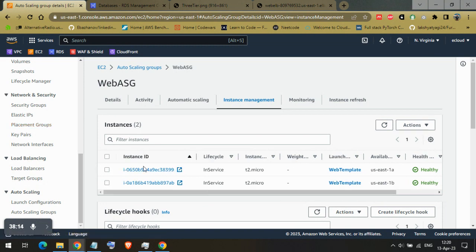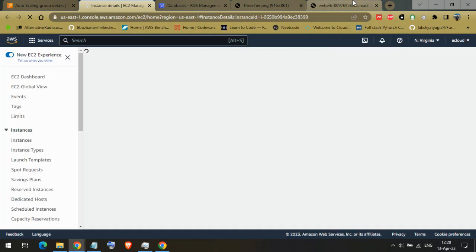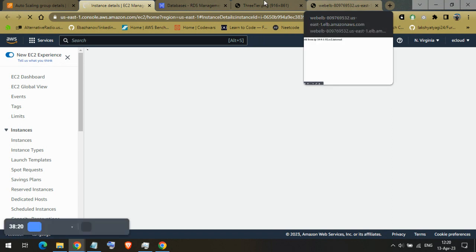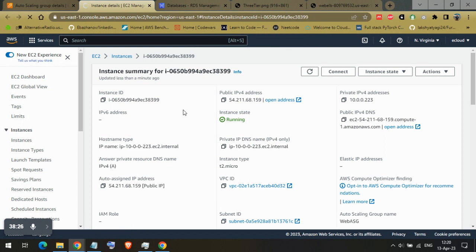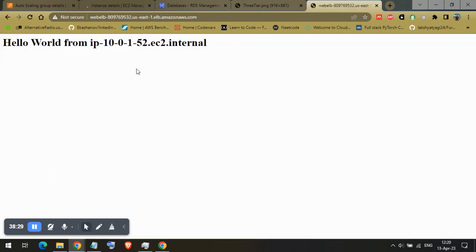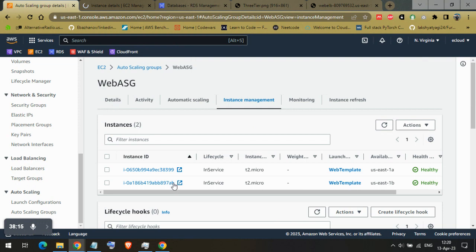Maybe let me just, if you click on this instance, you can see that this is the 223 instance. This one, 10.0.0.223. This is the instance. And then also if you check on the other instance,